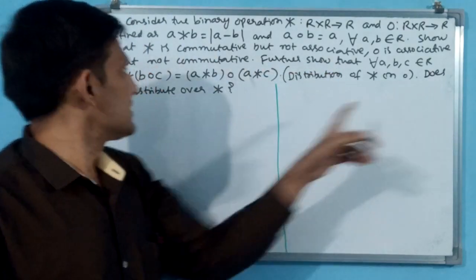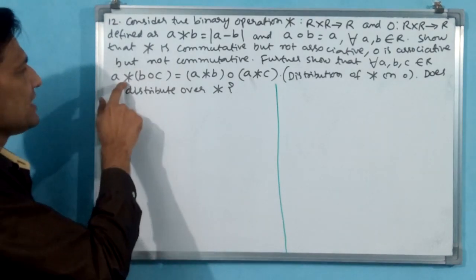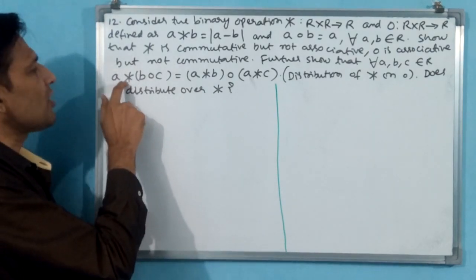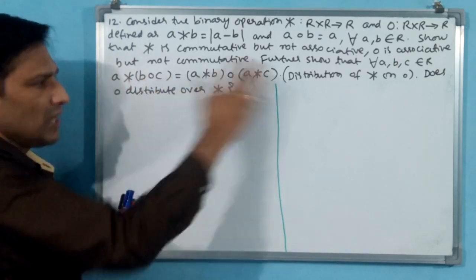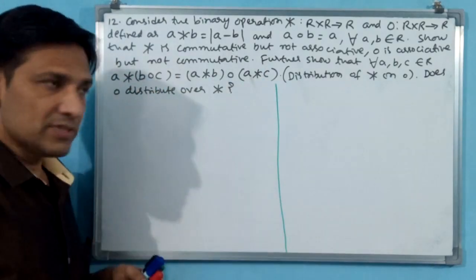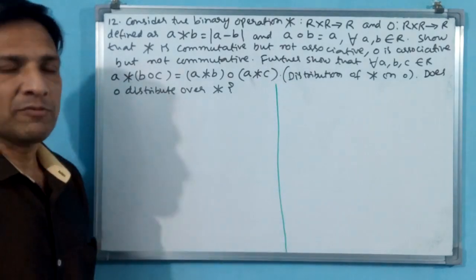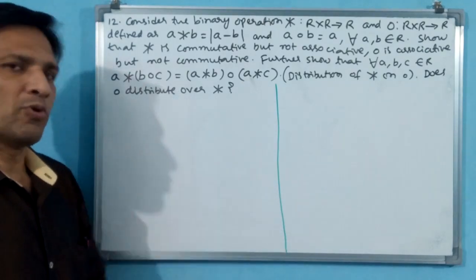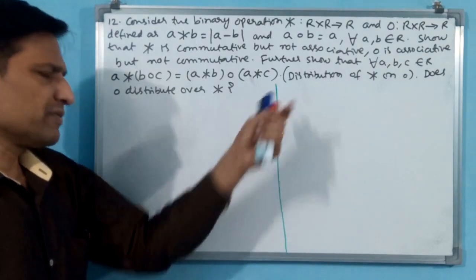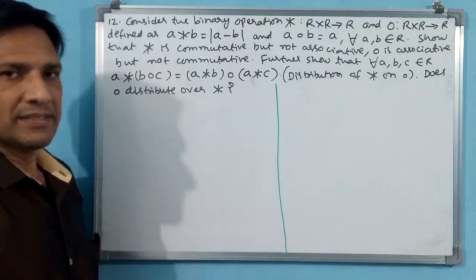Afterwards he is asking, does O distribute over star? What is this meaning? Here you have to replace star with O. O distribution on star; here star will go. That we will make, and we have to see. He is asking whether it is possible or not. We will take some examples and see. If possible, yes. If not possible, no, not possible. Like that we will do. Justify also, as written. I have not written justify. This is the question.